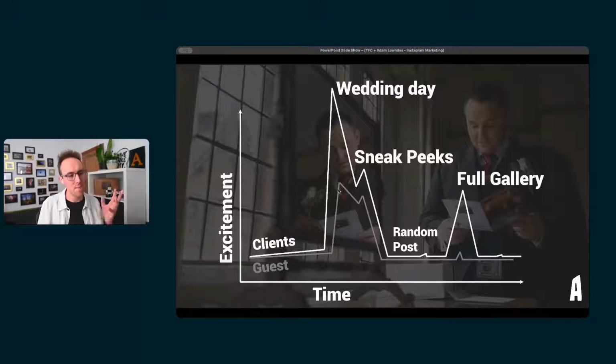So from me seeing excitement levels like that, I kind of understand in my brain that the closer I can post to the actual wedding day, in the days afterwards, the more excitement I can build around those photographs, and the more engagement organically that those photographs and that post is going to get. So if we leave it a year to post after the wedding, or even a week, 2 weeks, whatever, it's always going to dramatically decrease the amount of excitement and the amount of organic